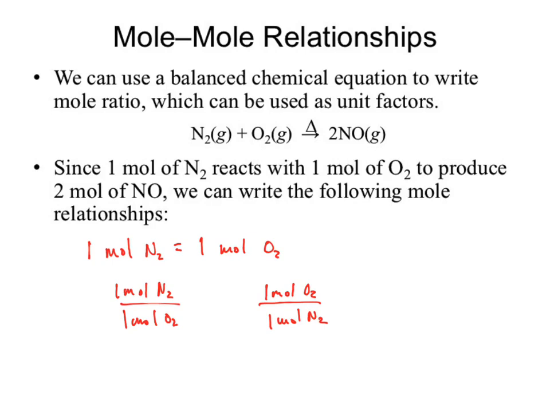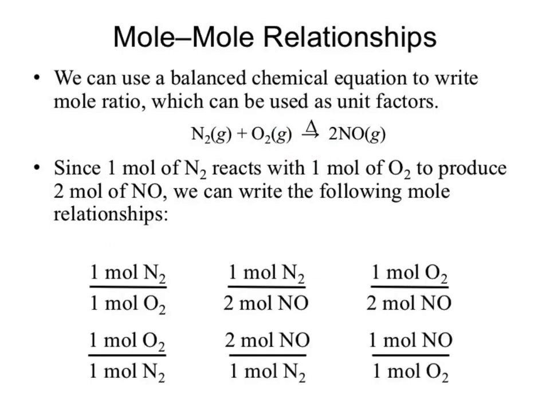3, because I can relate A to B, A to C, and B to C. So there's 3 different relationships that can come out of that chemical equation. Because each of those relationships generates 2 conversion factors, a single chemical equation gives me 6 conversion factors. Okay? This is one of the things that becomes exceptionally powerful of a chemical equation, and is